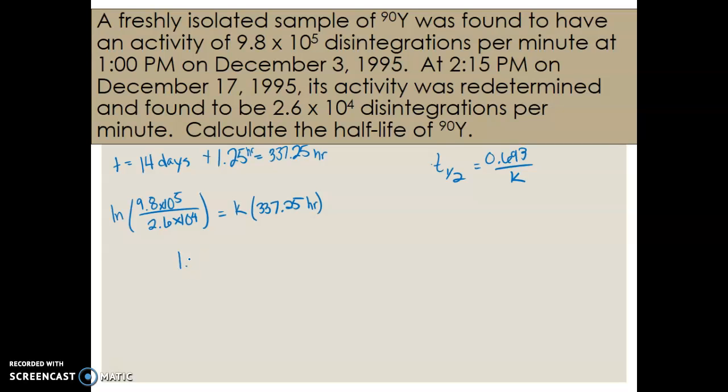Welcome back. We found that 1.1 times 10 to the negative second, 1 over hour, is our K. So then we can plug this in here and we are going to find that our